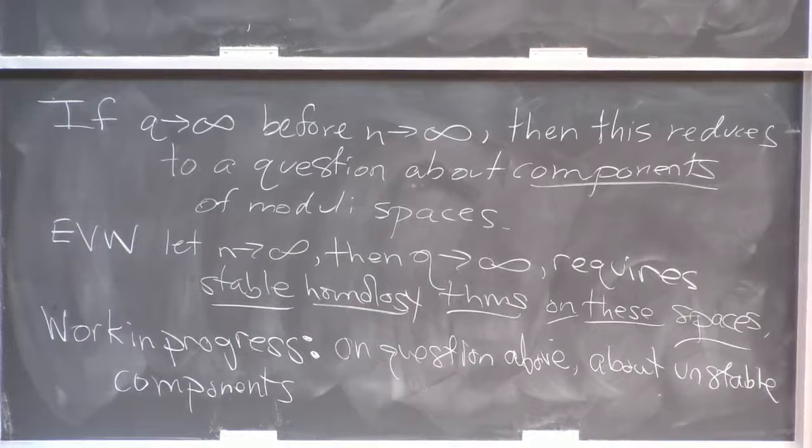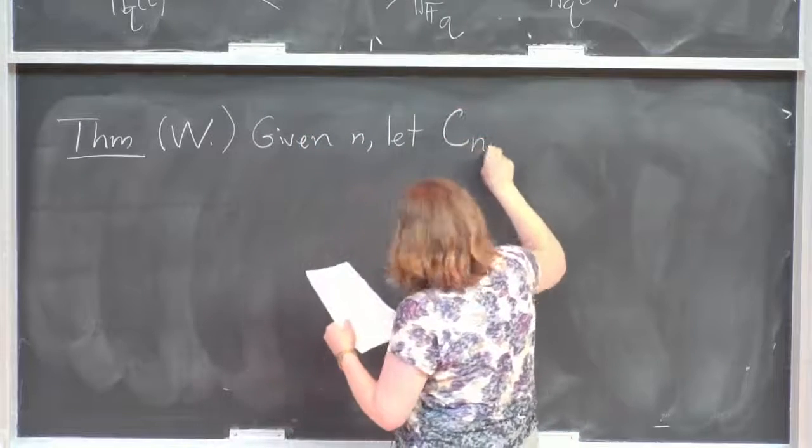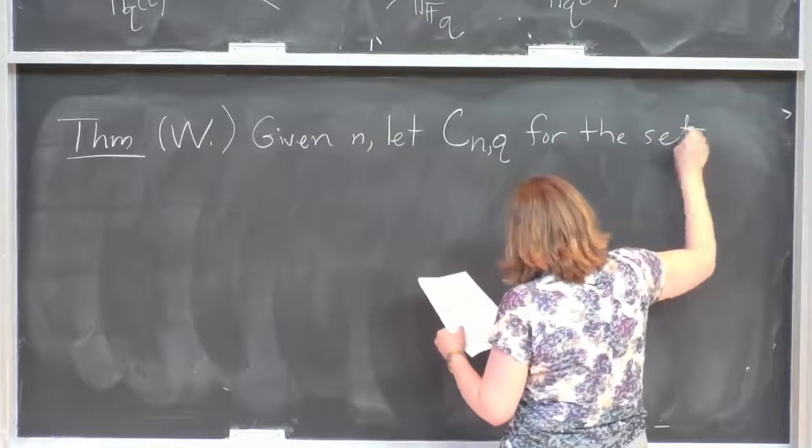theorem. So I'll just start with an example theorem, even in this case of cubic fields that we've been talking about. Here, I'm just erasing these many times changed guesses about 2 and 3, what's good, what's bad. Okay, so here is the theorem. Given n, we're going to write C_n(Q) for the set of